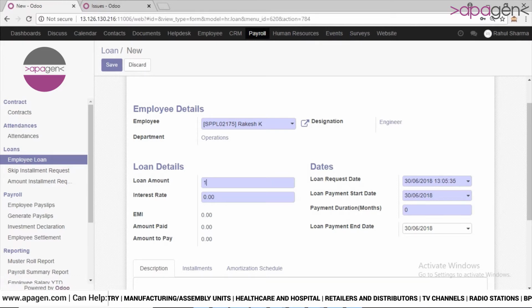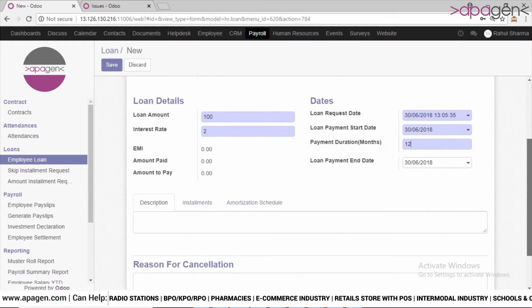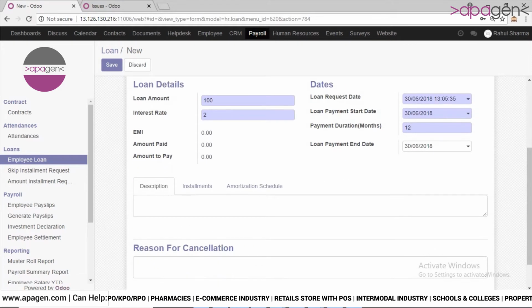Here you will give the loan amount. Here you will select the rate, interest rate. Here you will select the payment duration. Please note the fields which are in blue are the mandatory ones. Here you can give the description for your